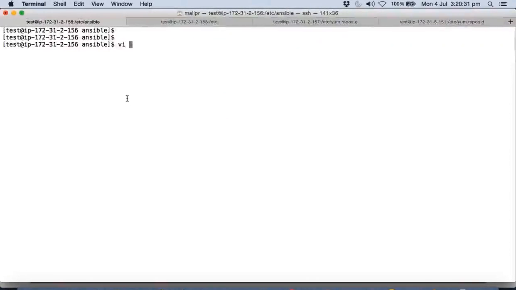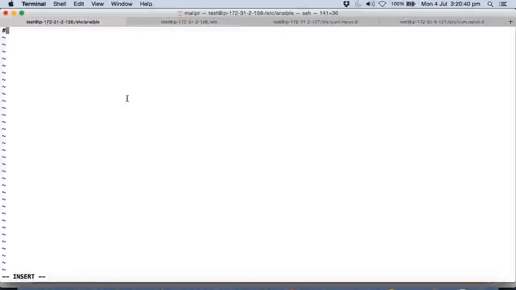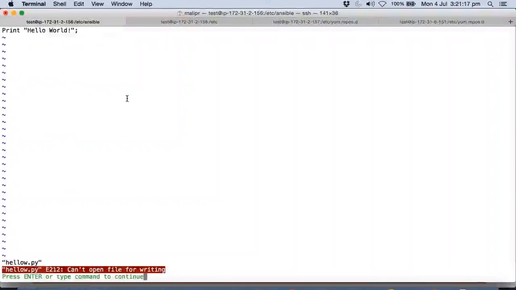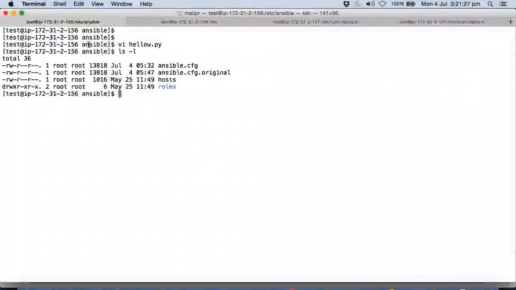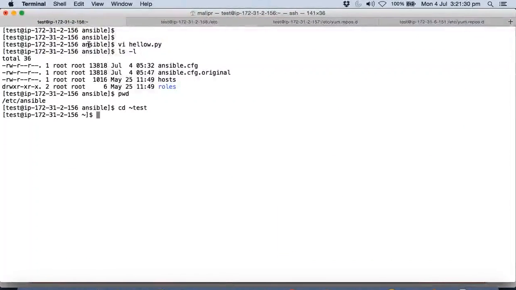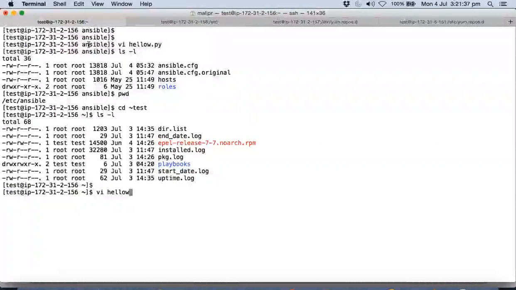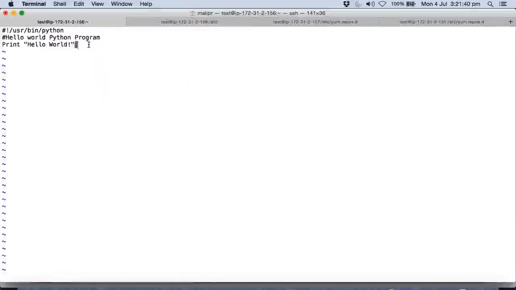So we're going to do vi hello world program of Python. Yes, we are going to put a header: #!/usr/bin/python, and hello world Python program, print hello world. So I want to save this, and we're going to run it as a Python module. Okay, I think we need to use sudo in order to save the file here, because it's in /etc/ansible. So we're going to go to test, and we're going to use hello Python, paste it, save it, run the